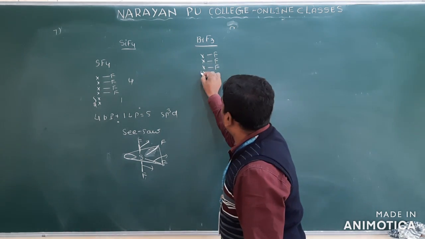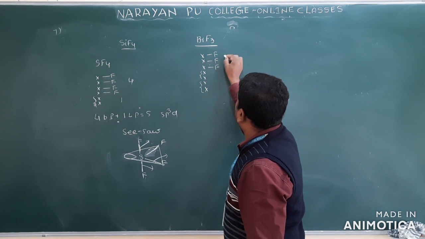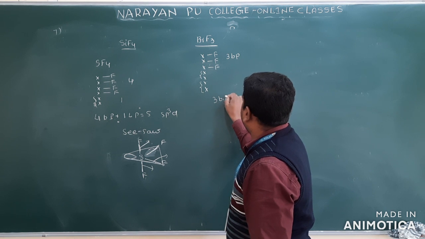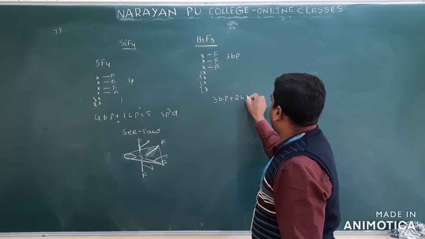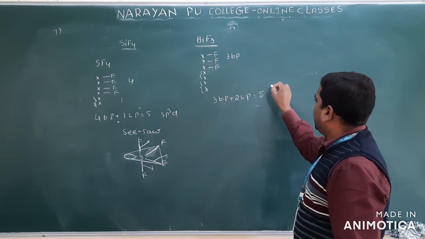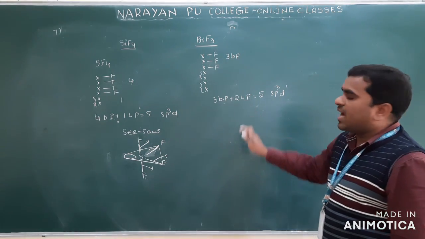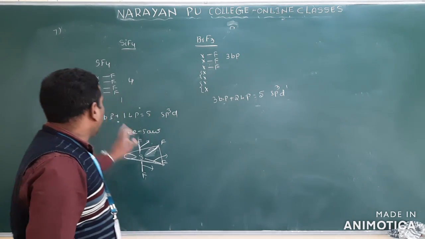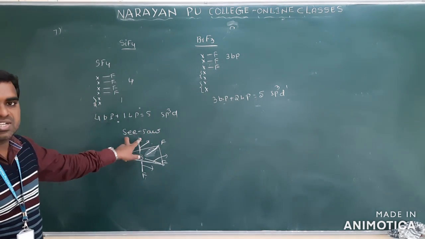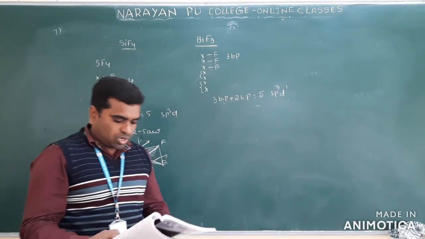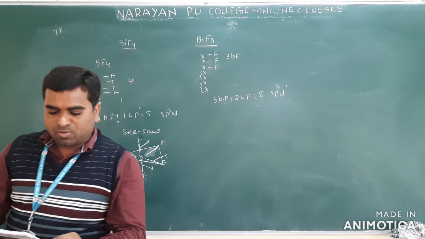So how many lone pairs are there? 2 lone pairs and 3 bond pairs. 3 bond pairs plus 2 lone pairs, total 5, which means sp3d. What is the shape? T shape. 4 bond pairs and 1 lone pair give seesaw shape, and 3 bond pairs and 2 lone pairs give T shape. So what should be our answer here? Option 1 is the